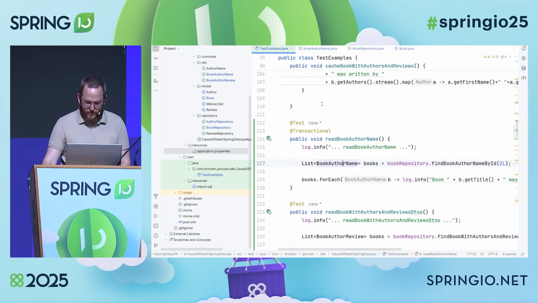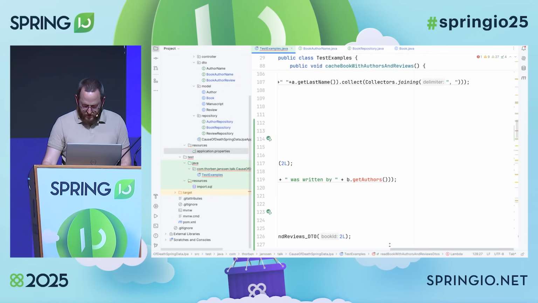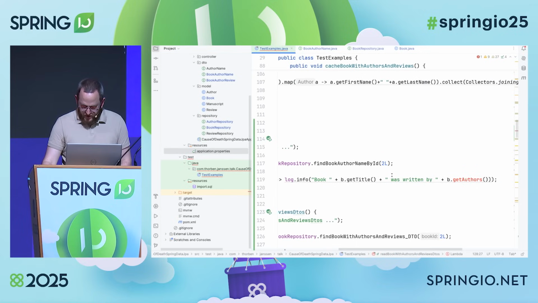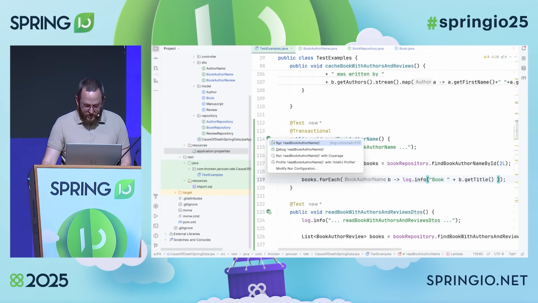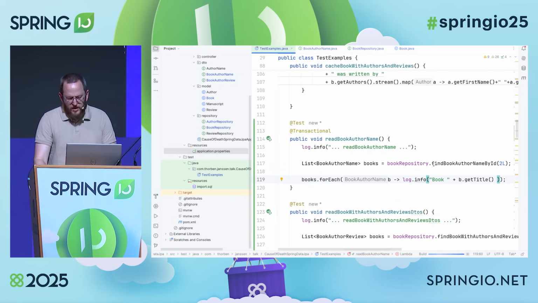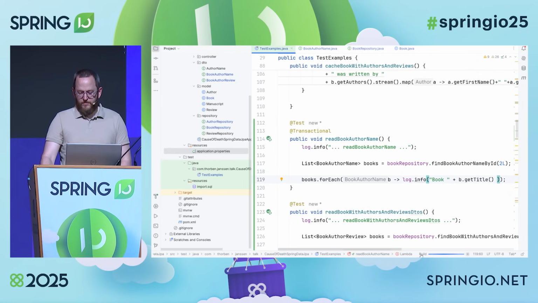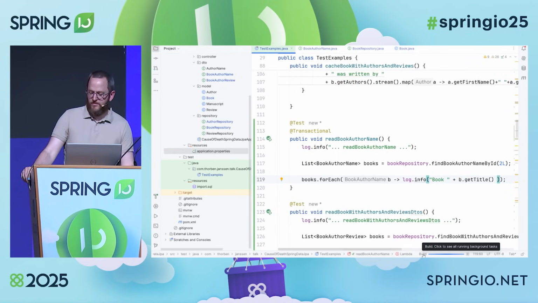Let's comment that out for a second. So let's do this and run the test case. IntelliJ really hates me today.